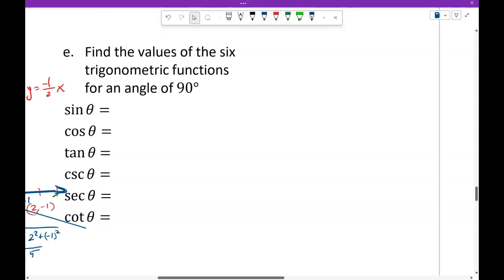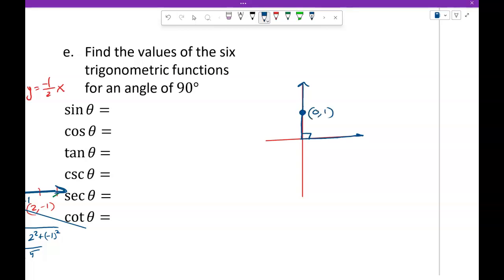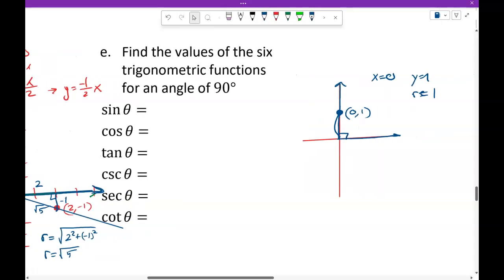Last but not least, what about an angle of 90 degrees? Well, 90 degrees is going to be an angle that's on the positive y-axis in standard position. So we pick a point. Doesn't matter what point, as long as the x value is 0, y value can be anything. X is 0, y is 1, and the distance from center to the point is 1. So we can write our ratios. Y over r is 1, x over r is 0,